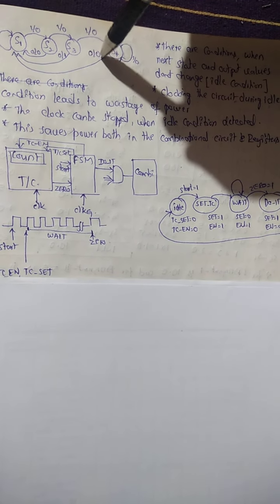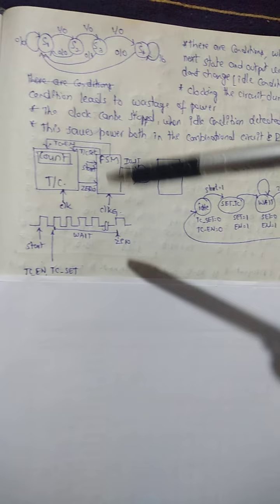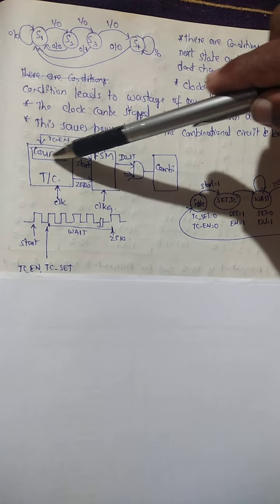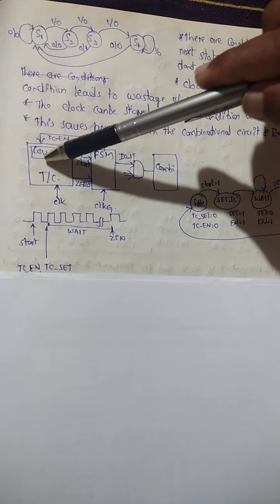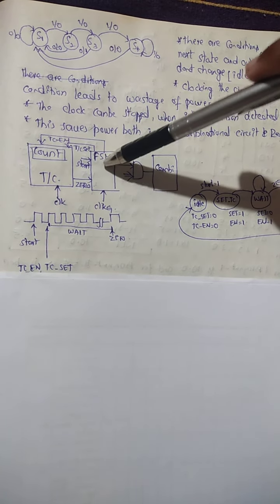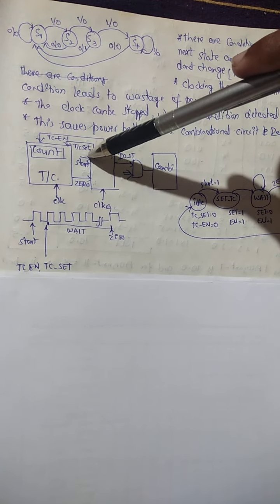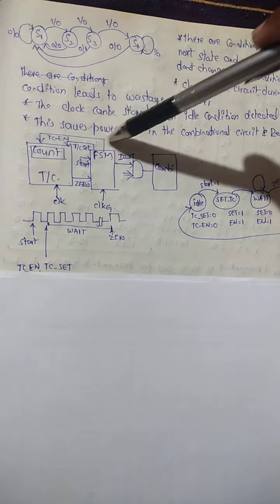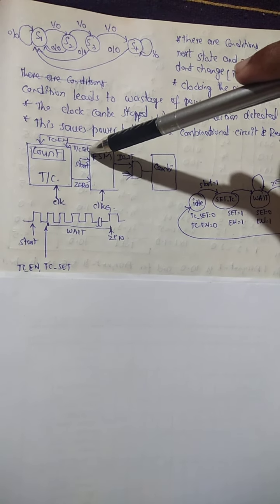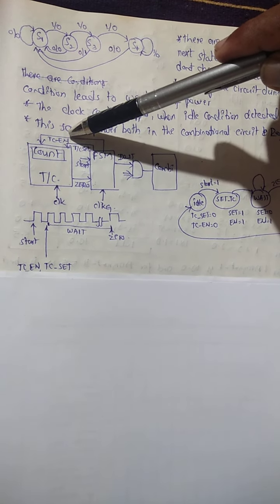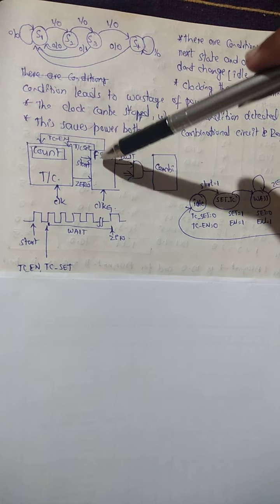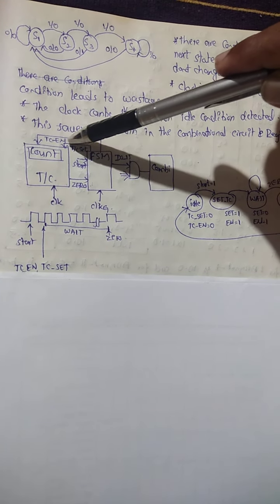Let me explain the same thing by making use of this block diagram. Here we have one register, a counter register; let me call it the timer counter, and here we have an FSM. This FSM starts functioning when a start signal is applied. This FSM has two signals: one is timer count set, another one is timer counter enable. When start is applied, this FSM will send a signal by making use of this set.